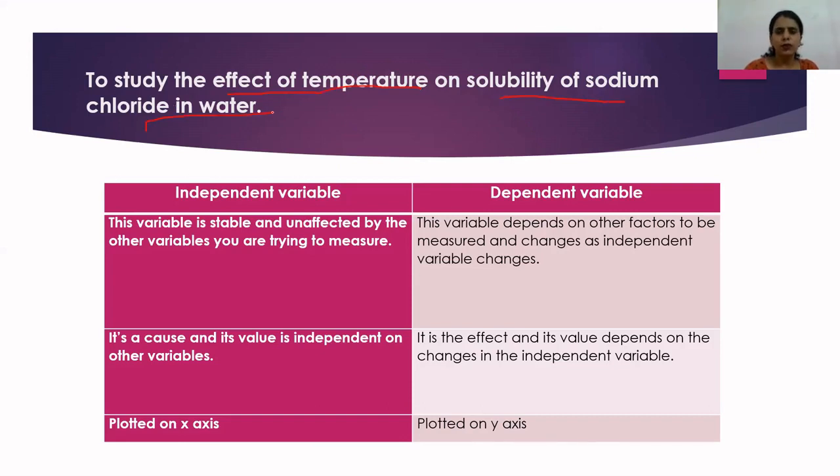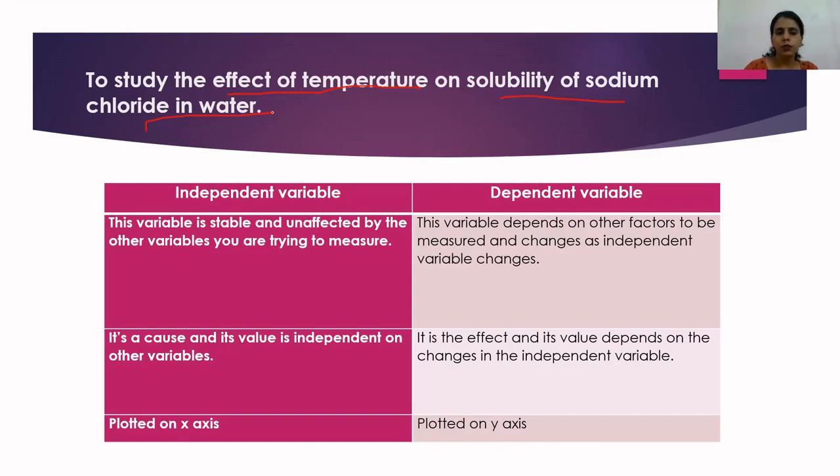Now you know that sodium chloride is nothing but the normal table salt which we eat in our home. Okay, the white color salt which we use in our home is sodium chloride. Okay, the chemical name of that salt is sodium chloride. Now this sodium chloride dissolves in water. Okay, we can easily dissolve sodium chloride in water. So as temperature changes, what would be the effect of this change in temperature on the solubility of sodium chloride in water? So this we are going to investigate in this particular experiment. Okay, I'm just taking it as an example.